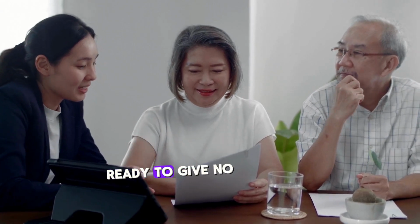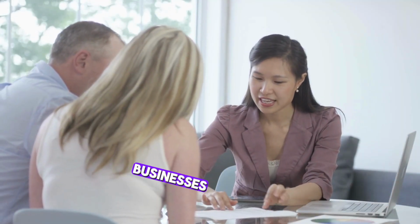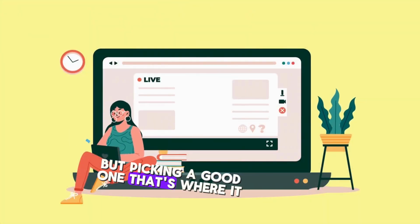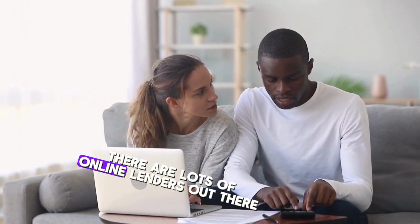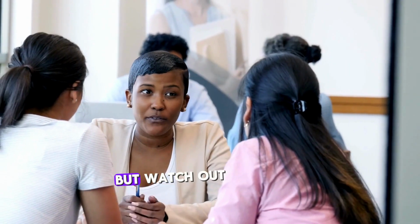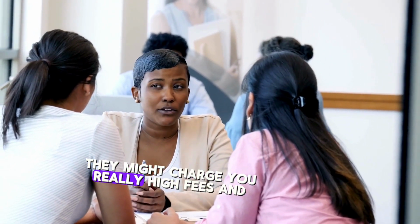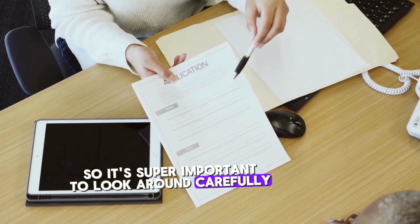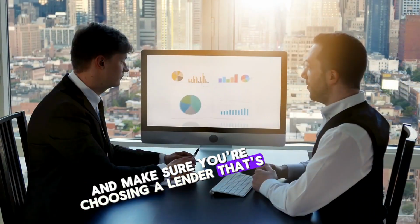Finding a lender ready to give no-doc loans to small businesses and startups is pretty easy these days, but picking a good one, that's where it gets tricky. There are lots of online lenders out there saying they'll help businesses with not-so-great credit, but watch out, they might charge you really high fees and interest. So, it's super important to look around carefully and make sure you're choosing a lender that's fair and friendly to